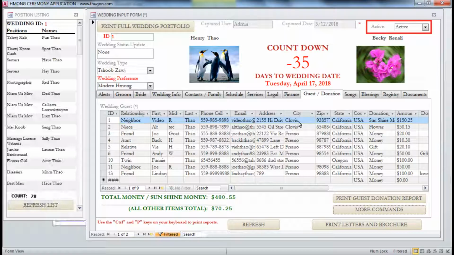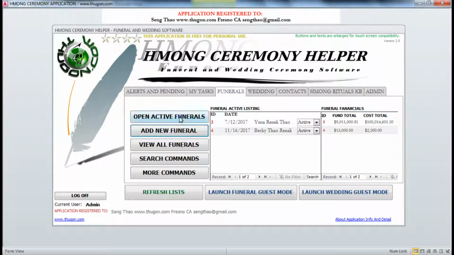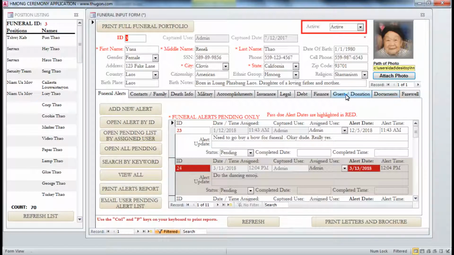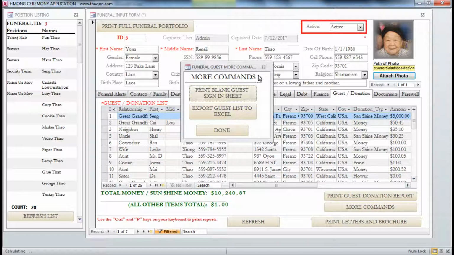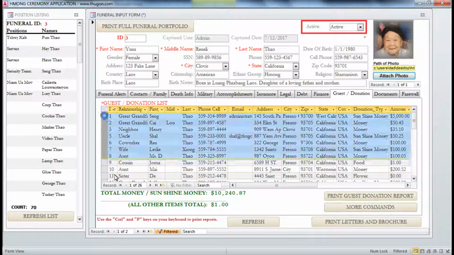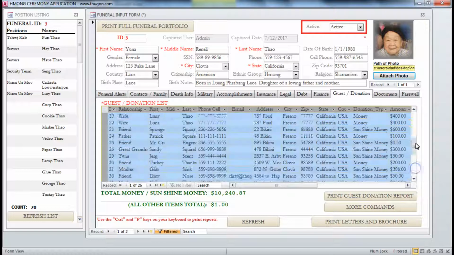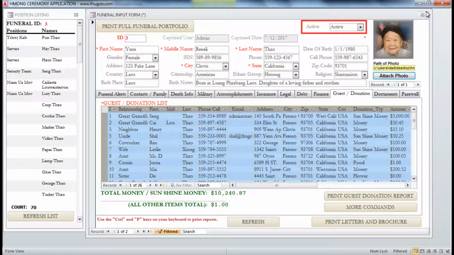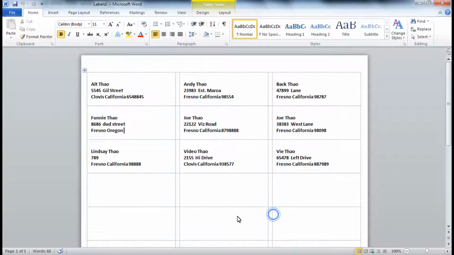That was just a little list from my wedding list here. You can do the same thing with the funeral. Open up active funerals. Go to the guest donation and more command, and export all of those as well. So it follows the same format. It's not just from the funeral, but from the wedding side also. And that's how you create